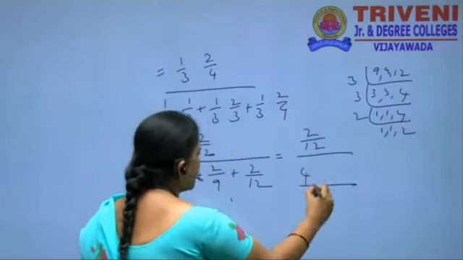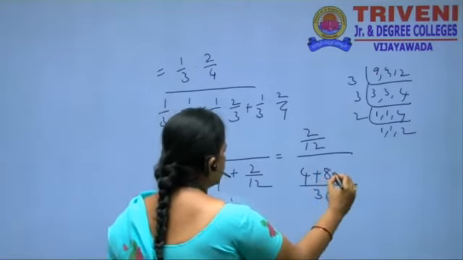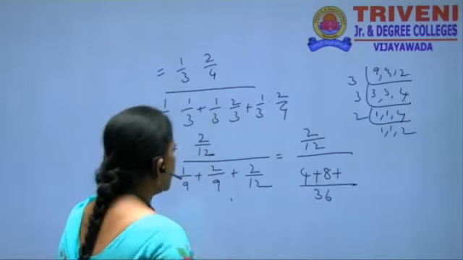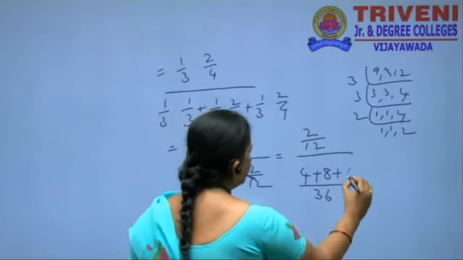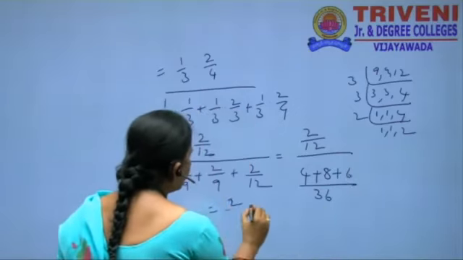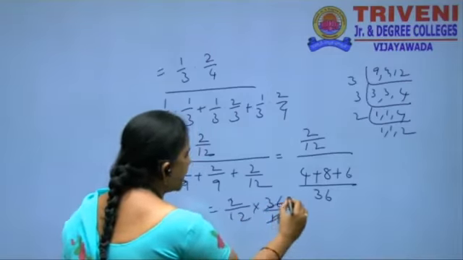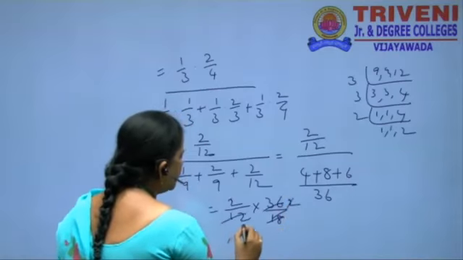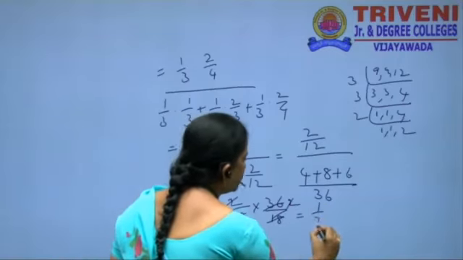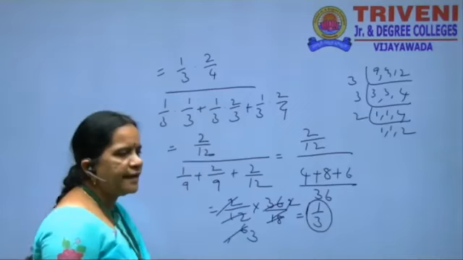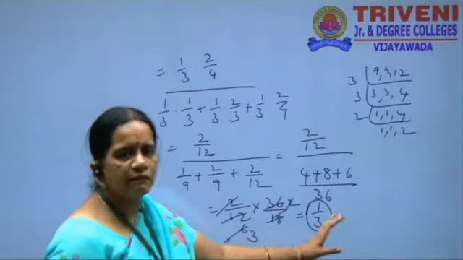Here we have to write 4 plus. Here 9 is there. 4 2s 8. 9 will cancel here. 4 2s 8. And again 36 by 12 is 3. That is 2 by 12 into 36 by 18. Here 18 can cancel 2 times. Here 2 will cancel 6 times. Again 2 will cancel, 1 by 3. Therefore, the probability of finding the white ball in bag 3 is 1 by 3.